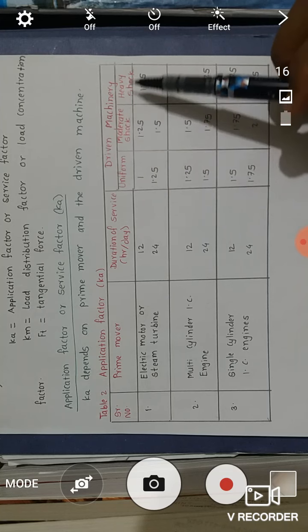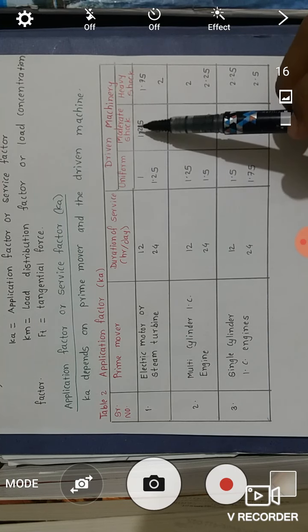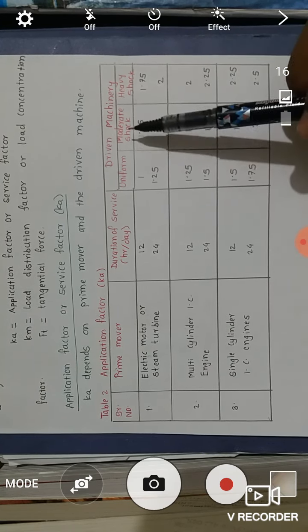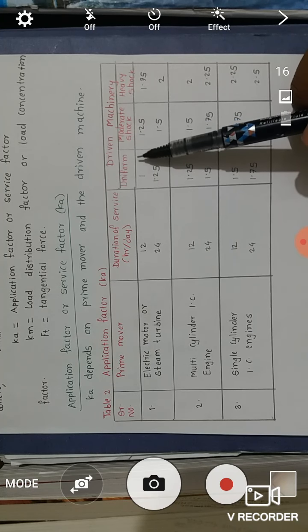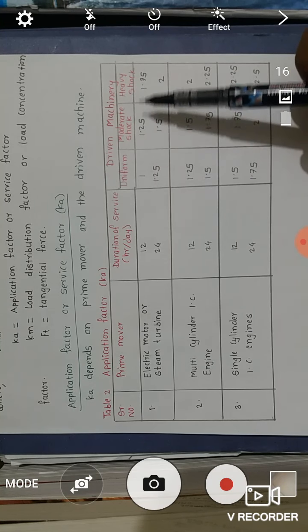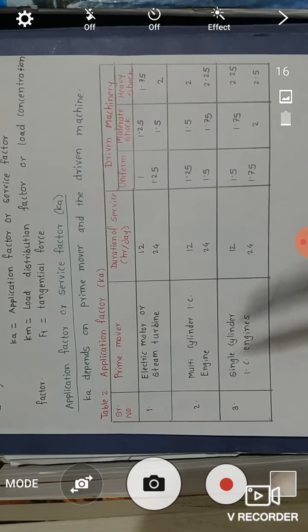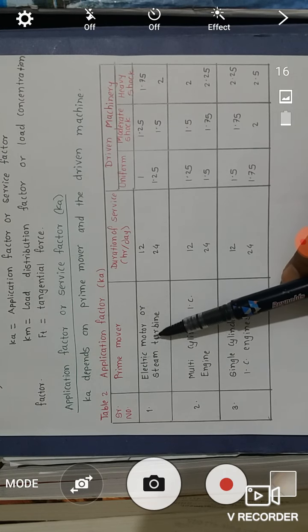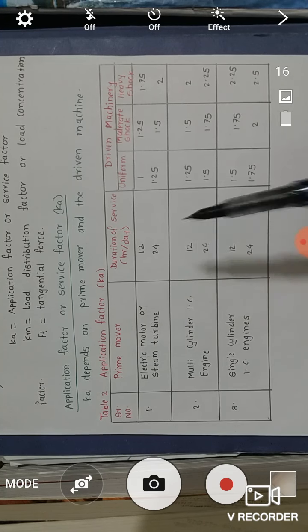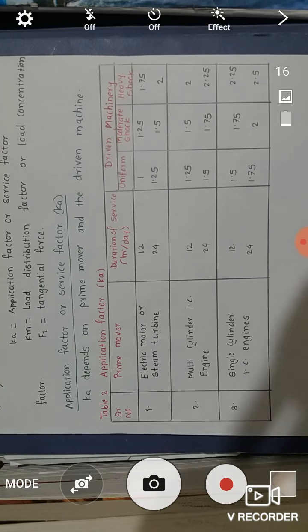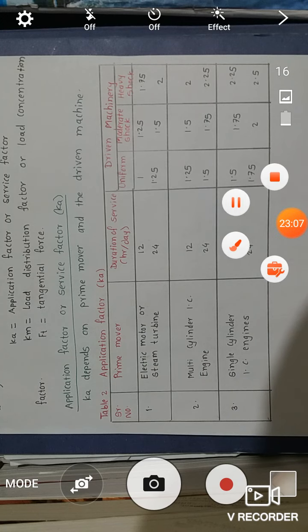For uniform, moderate shock and heavy shock, another table is there, so we get the information about which type of machines are considered. For example, if we use the prime mover as electric motor, and our duration of service